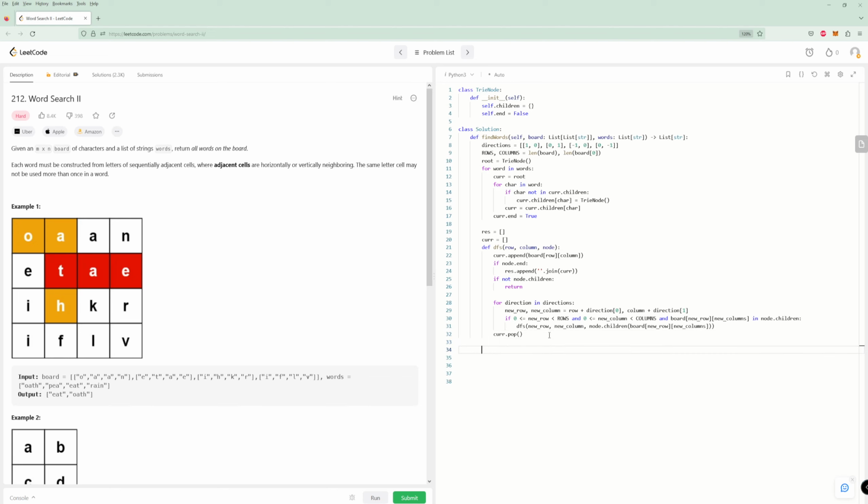Oh, by the way, we do need one other thing. We are going to do this nested loop where we loop through this whole matrix, and we check if we can do these. So let's do that. For row in range rows, for column in range columns. Remember, we need to check if this value is actually in the children of the root node. So if